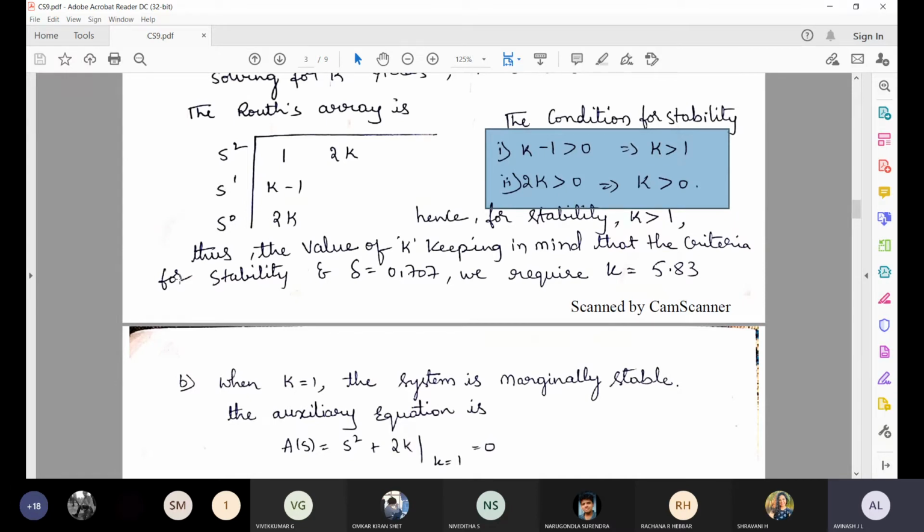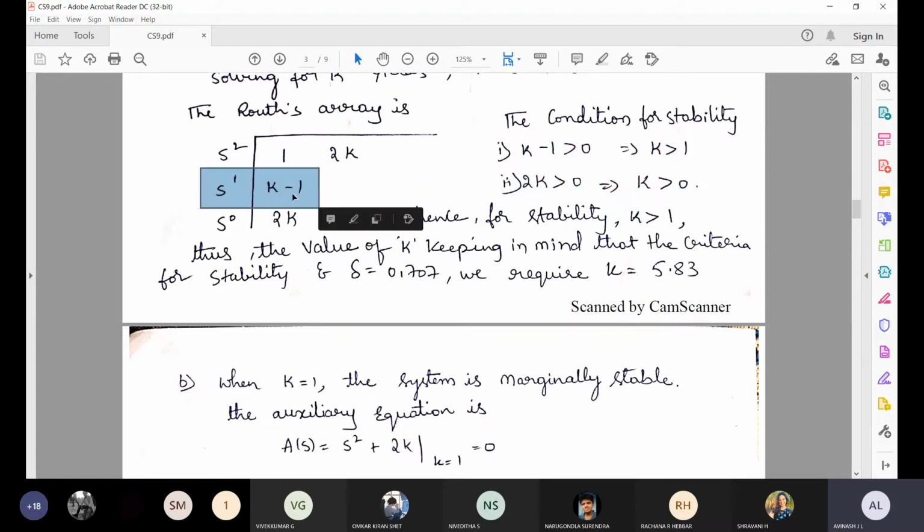When k equal to 1, the entire row will become 0. So now you replace k equal to 1 in this particular second row. That is 1 minus 1 is 0. So that means it indicates that the entire row itself is 0. When the entire row equals 0, in the difficulty 2 level, we have seen that above the null row, whatever row is there, that particular row we have to consider as an auxiliary equation. So here we are going to take this particular row, because when k equal to 1 we applied. So k minus 1 is 1 minus 1 equal to 0, it will come. Once it comes 0, see, only one element in the row, so the entire row will become 0.